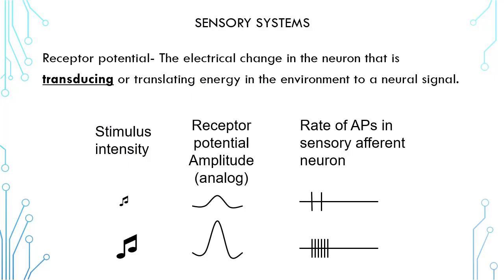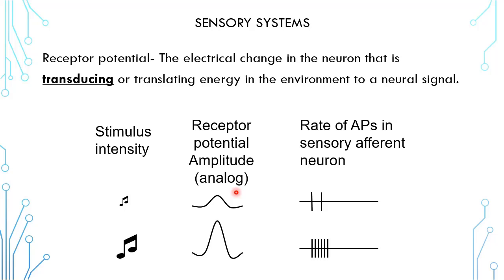Another thing that's really important to talk about here is something that immediately breaks everything we talked about in terms of the rate law. Sensory systems are a bit of an exception to the rate law, and instead they have signals that we think of as being analog. The best way that I can describe analog is the volume on, let's say, your car stereo, where if you twist a knob, you can go from low volume all the way up to high volume. And that's the way that these